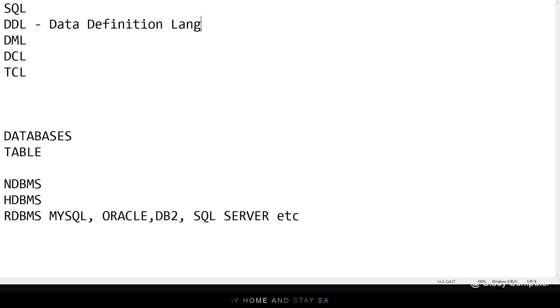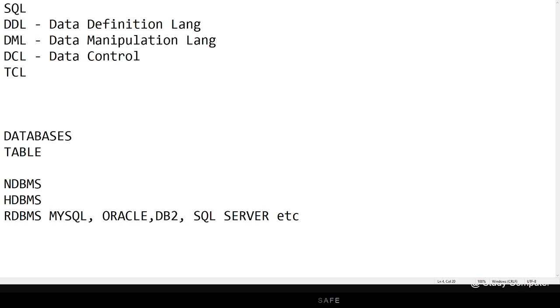I'm not writing the full language. Next is DML, data manipulation language, and DCL, data control language,